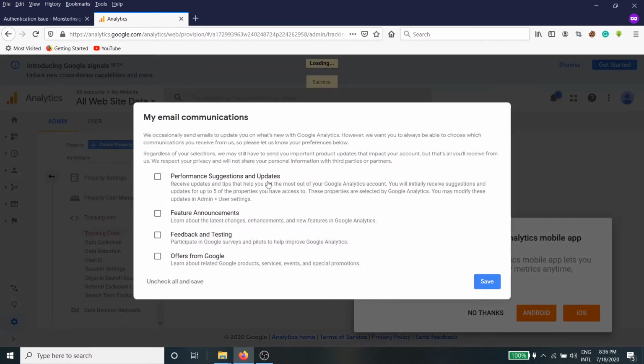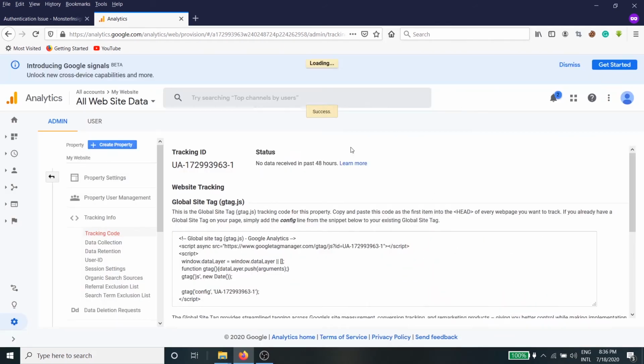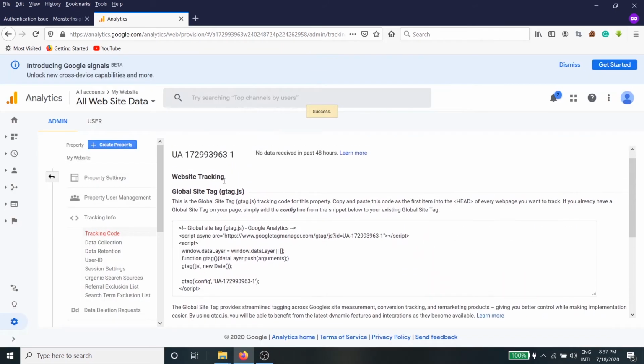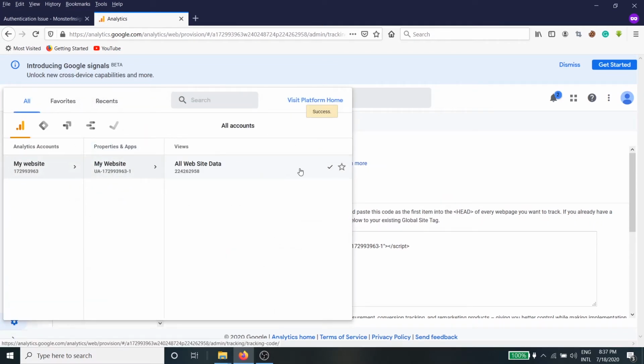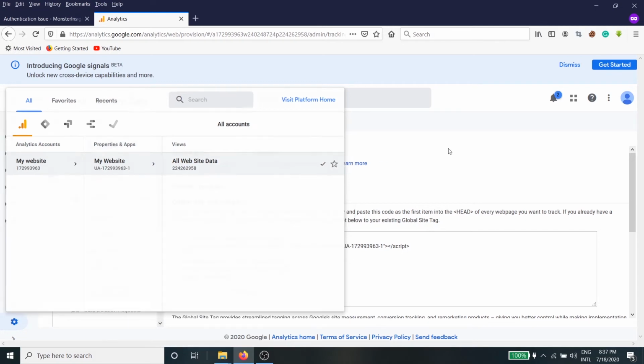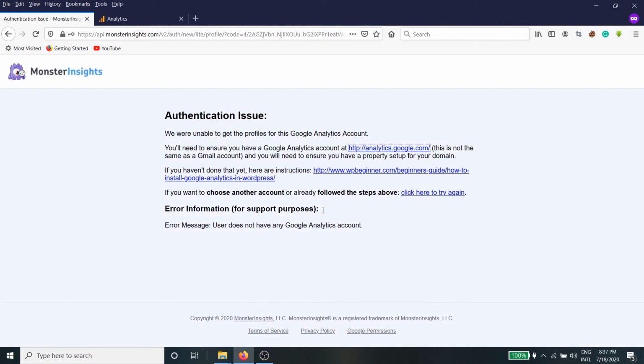Alright, ignore this for now and uncheck and save. No need of that. Now if you go right over here, here's where you'll find your site, and this is how you need to access it. Anyway, you don't really need to paste all this code or anything like that since we're going to use a plugin. Now all we need to do is go back to the tab and click here to try again